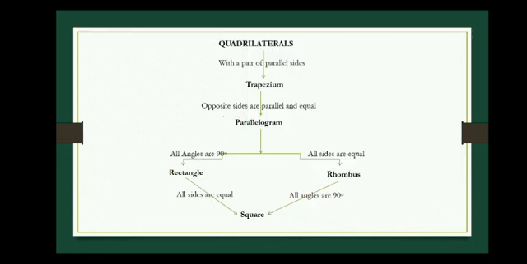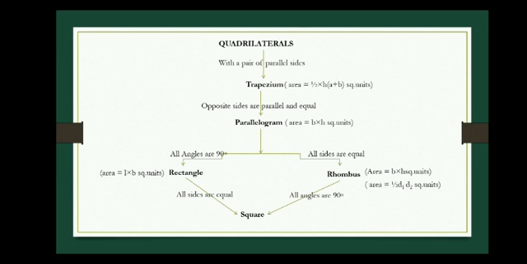In this unit, we have studied the areas of these shapes. Area of a trapezium is equal to half into height into (a plus b) square units. Area of a parallelogram is equal to base into height square units. Area of a rectangle is equal to length into breadth square units. Area of a rhombus is equal to base into height square units if base and height are given. Area of a rhombus is equal to half into d1 into d2 square units if the measures of the diagonals are given. Area of a square is equal to side squared square units.